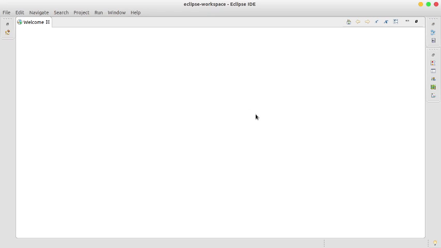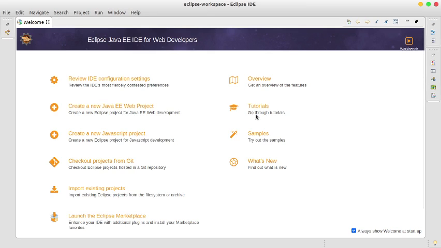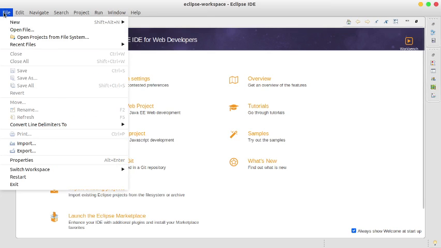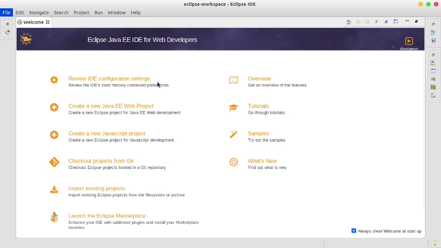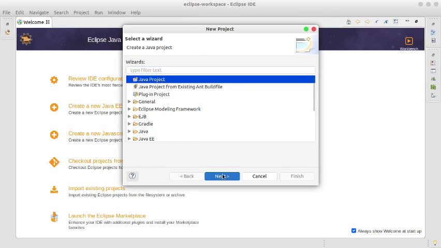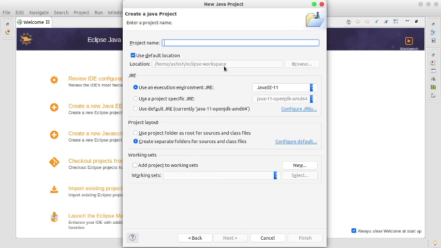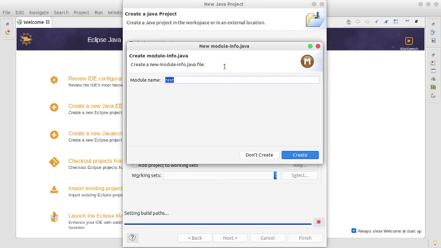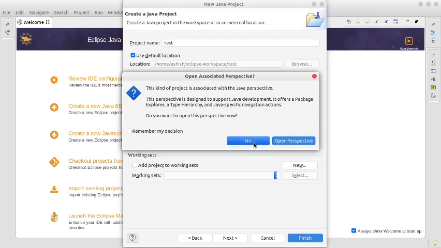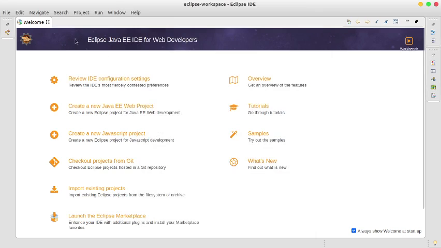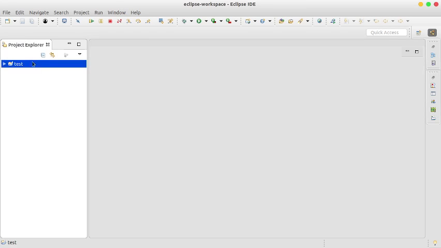Okay, so this is the welcome page of Eclipse IDE and we have to create a new project and test whether our IDE is working or not. Create project, select Java project and the project name will be test. Finish. So close this and we can see here and create